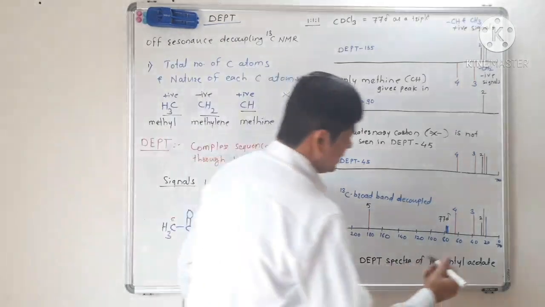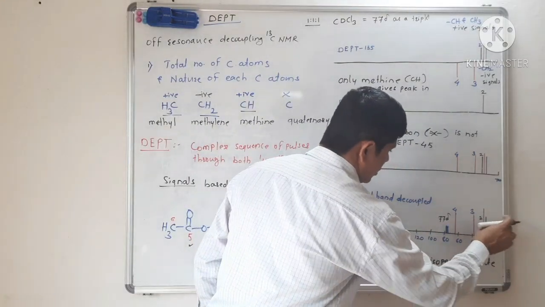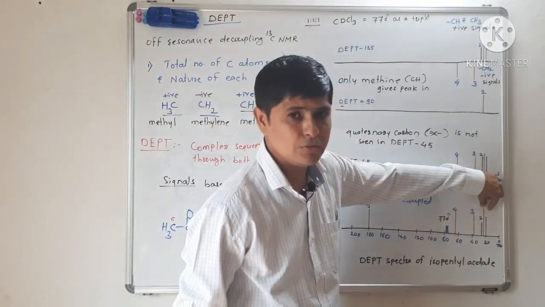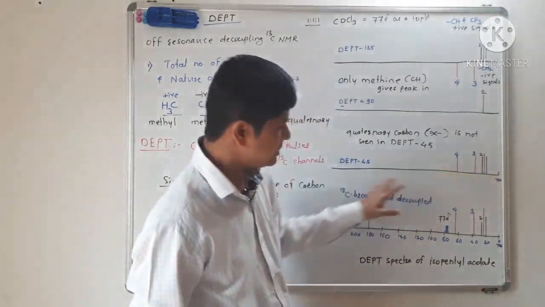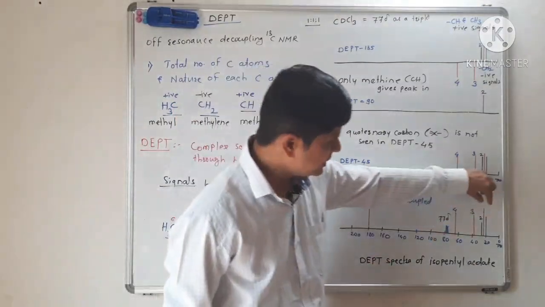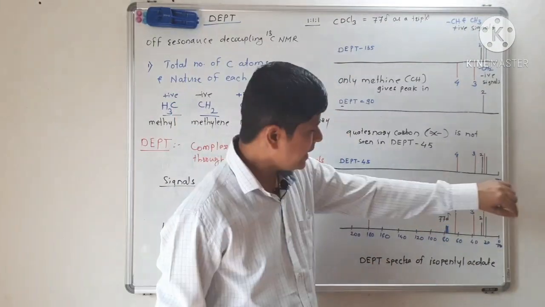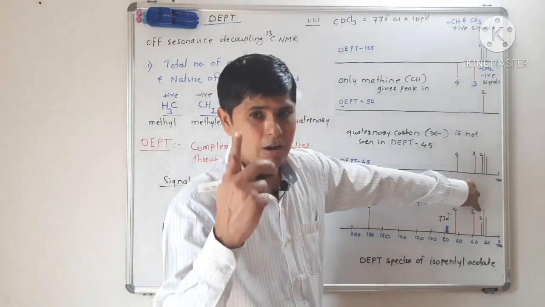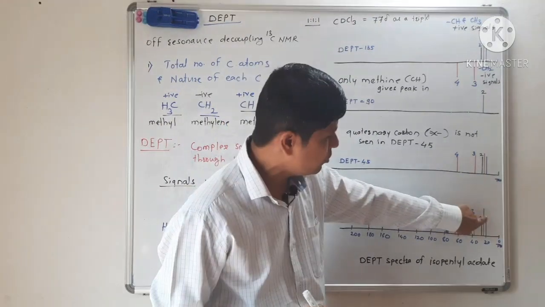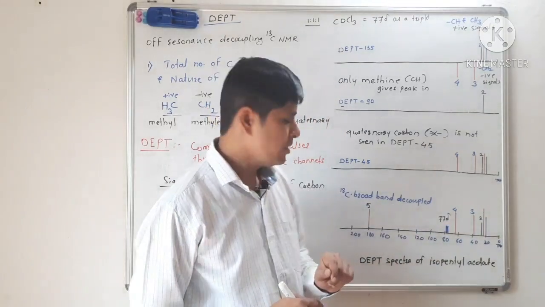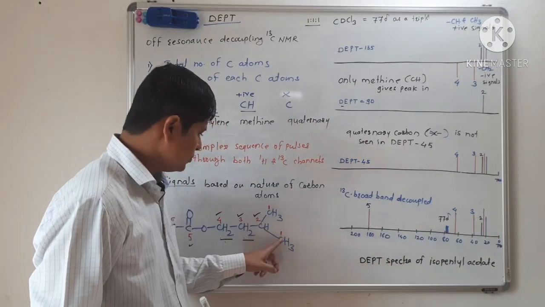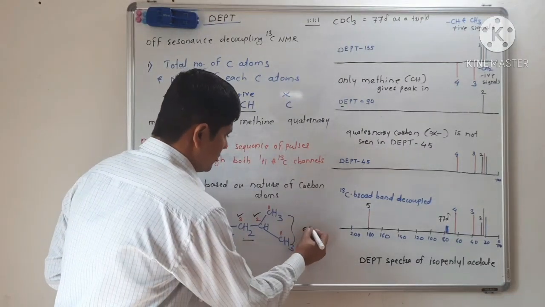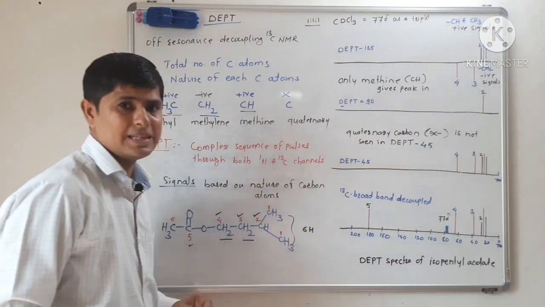Now if we see the line intensity of this signal and this signal, these two signals are remaining here, isn't it? Rest of all the signals we have assigned, only these two signals are remaining. Now if we see the line intensity, the second signal is much more than the first signal. So these two carbons will give one signal, and they are having a total of 6 protons.